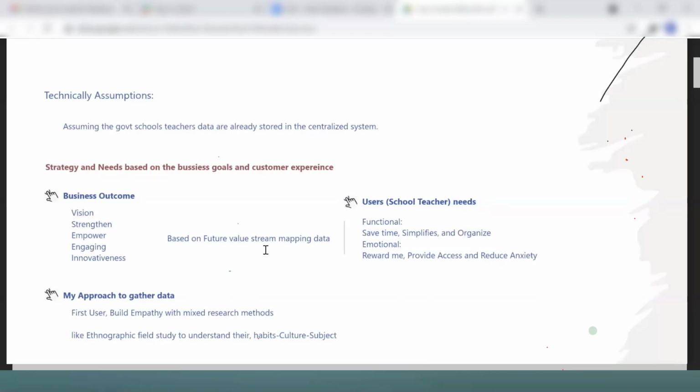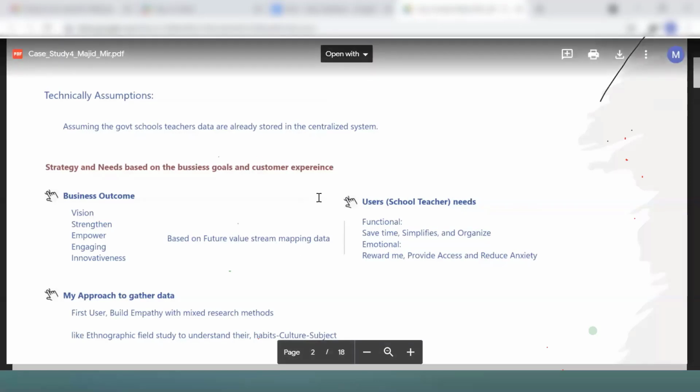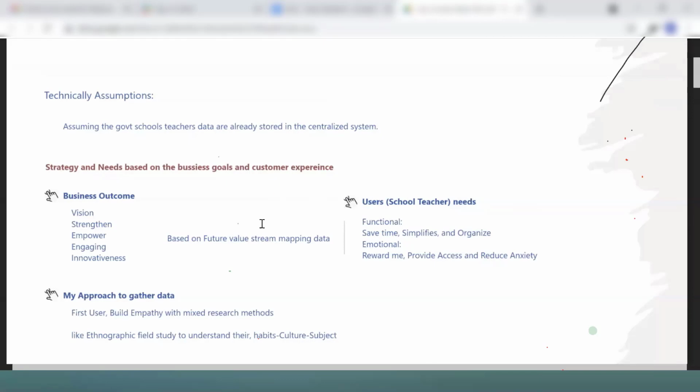You need to understand who my school teachers are, those are the users, and what the user needs are. There is a term you can search on Google: value stream mapping. It comes in the strategize phase, when you do the strategy for the design, so you can create the value stream mapping data.